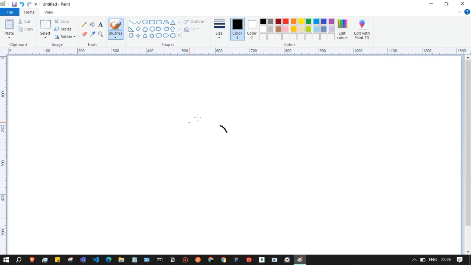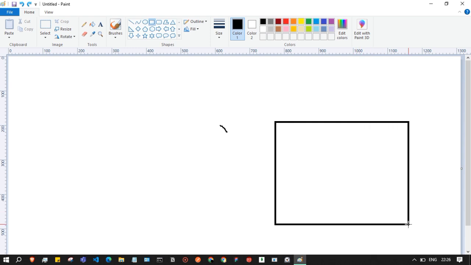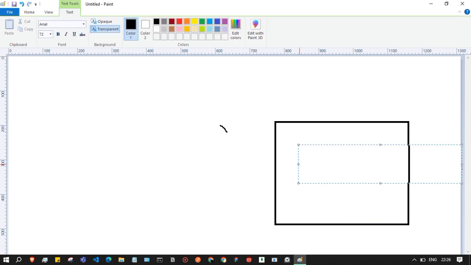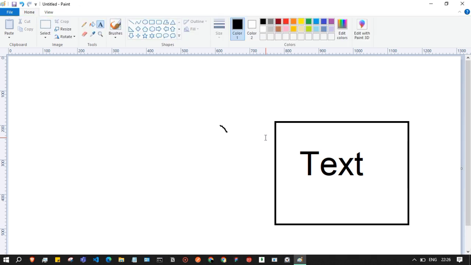Let's first understand what container widgets are. What do containers in Flutter do? Let me draw it with a proper rectangle. Let's say this is a container. The responsibility of this container is to give styling to its children. So if we have a child, let's say some text, it is now the responsibility of the container to give it some